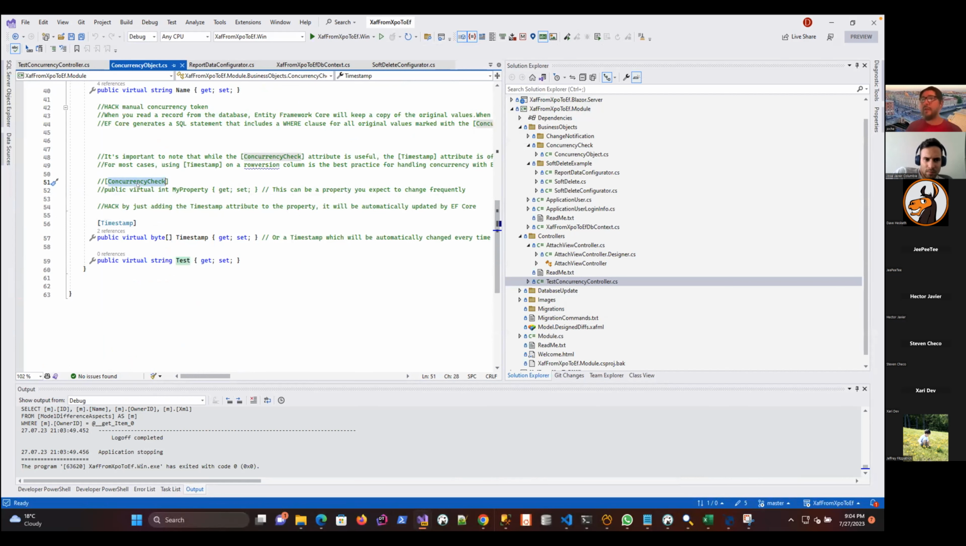The main difference between the timestamp and the concurrency check, and here you can see what I wrote about it, is that if you mark something with the concurrency check attribute, it means that you are in charge of increasing the value or changing the value in any way to make the row distinct from each other. So this one I will not use because I don't increase the value. But if you have a mechanism yourself to increase the value or to make the value be different all the time,